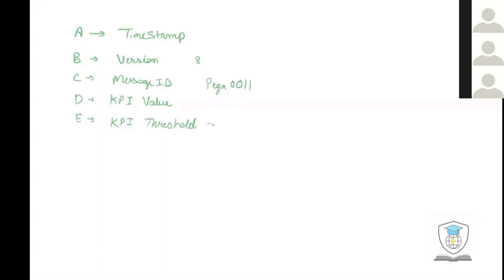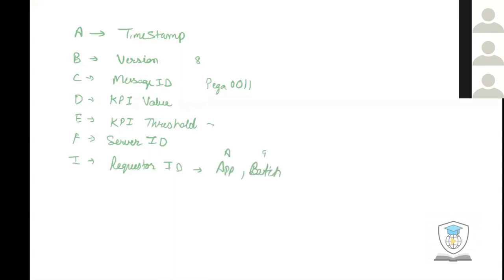In column F we have the server ID, and in column I we have the requester ID. What is a requester? Is it an application, or is it a batch?